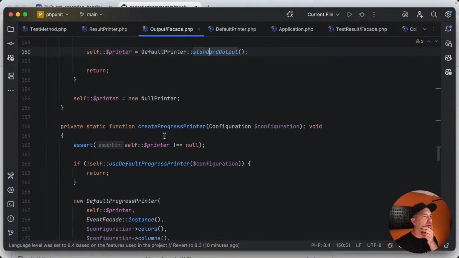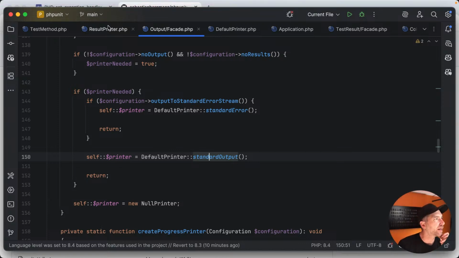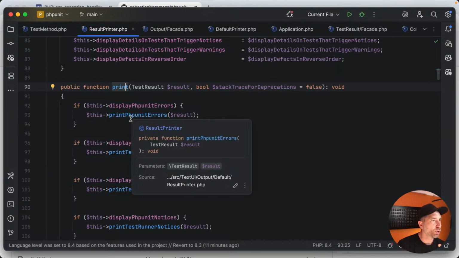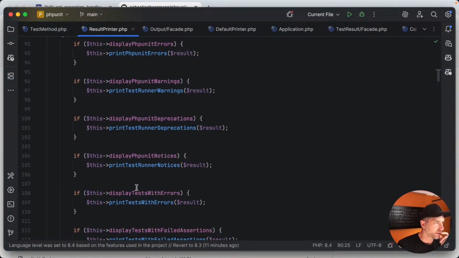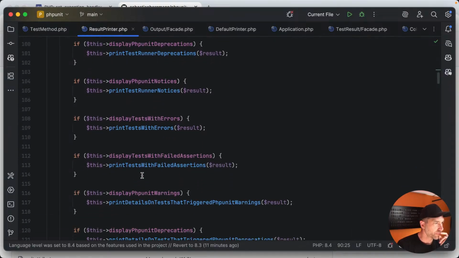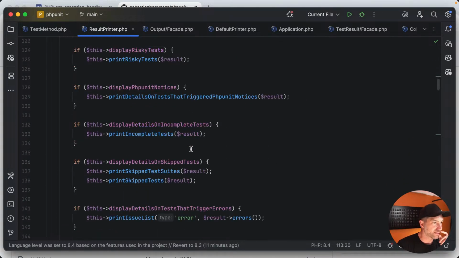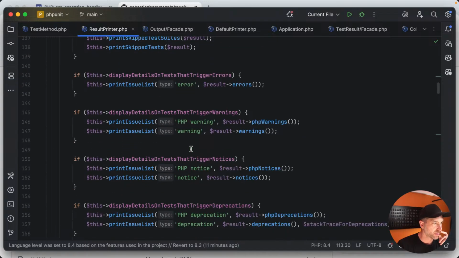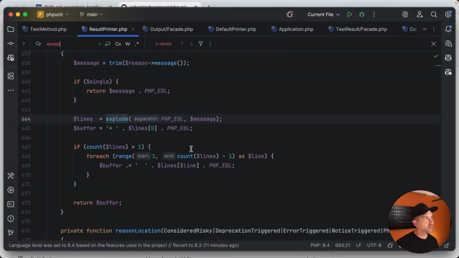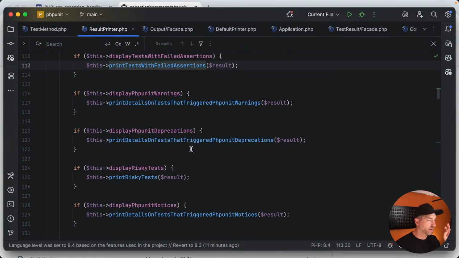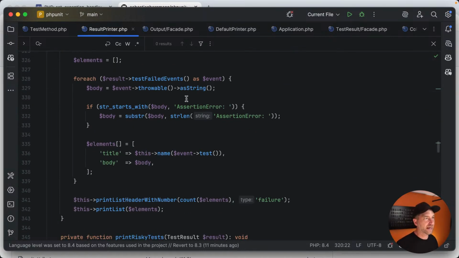Okay. Here's what I want to do. Let's spend just like 5 more minutes here. I think this result printer is probably kind of close to what we're after. When it's printing, I would expect one of these to say exceptions though, and it's kind of not, which is still making me think this isn't it. Yeah, see, nothing in here says exception. So maybe it's print test with failed assertions. And this is kind of like